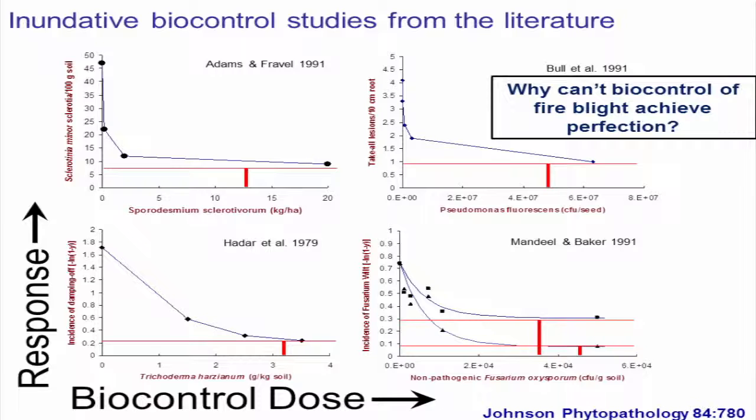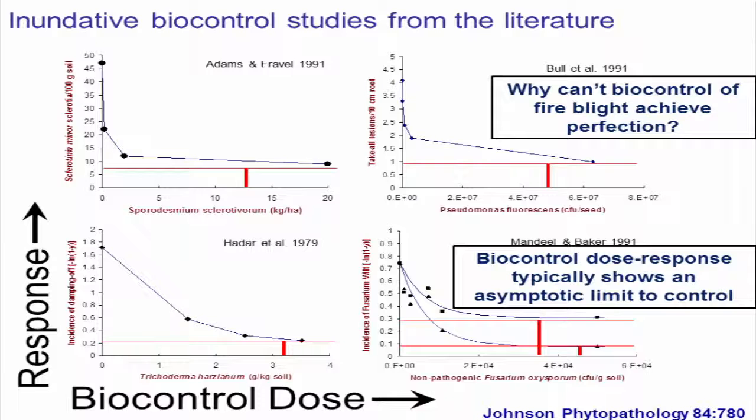And what's more interesting down here is the same system, except the pots of plants or whatever they used were side by side, but this was a good biocontrol agent. It's becoming asymptotic closer to the x-axis, and this was a not so good biocontrol agent. It's becoming asymptotic at a higher level. So the size of the bar here is fairly significant, right? So the point here is that biocontrol dose-response relationships typically show an asymptotic limit to control,